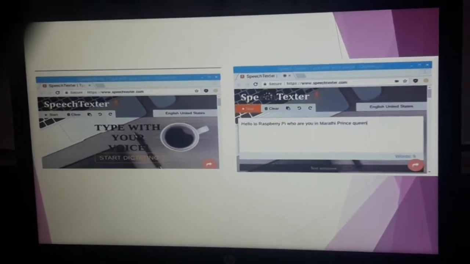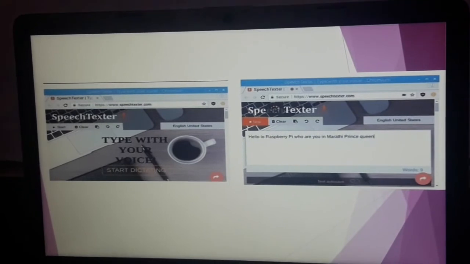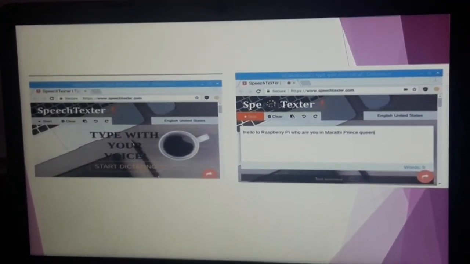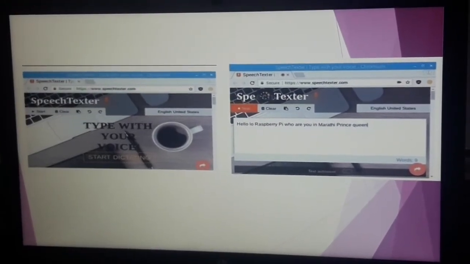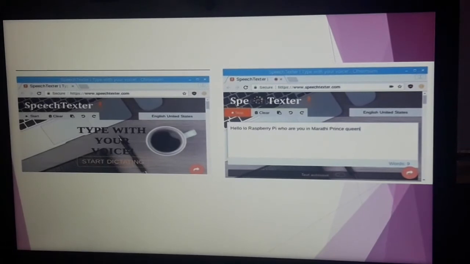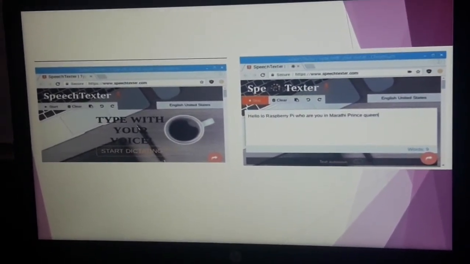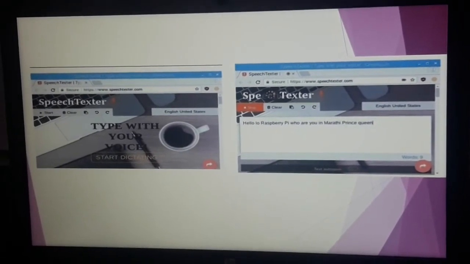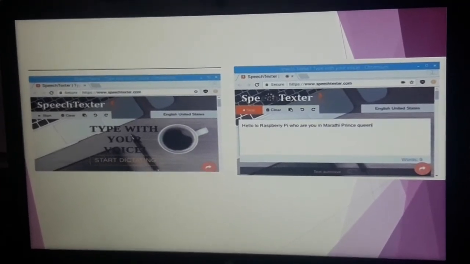The first figure shows the user wants to give voice as input and get text as output. He or she can open the Chromium browser and go to the website speechtexter.com as shown in figure 1. Speech texter takes the input from the user and gives output in the form of text as shown in figure 2.